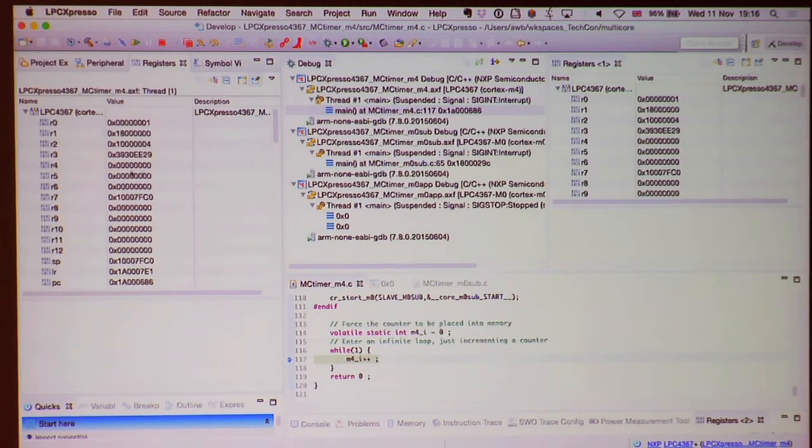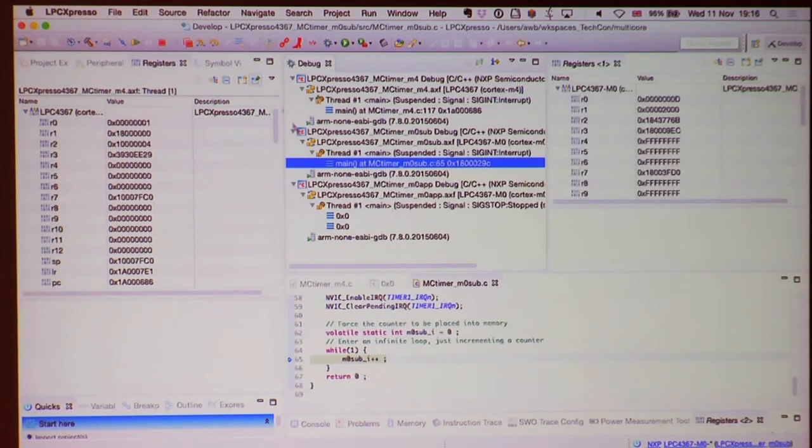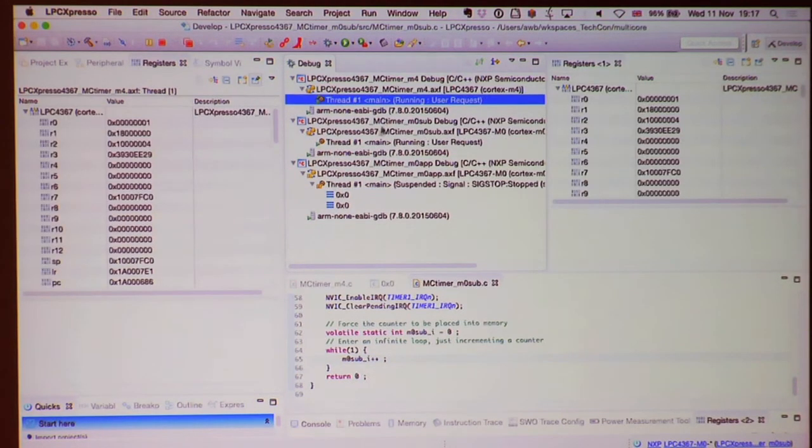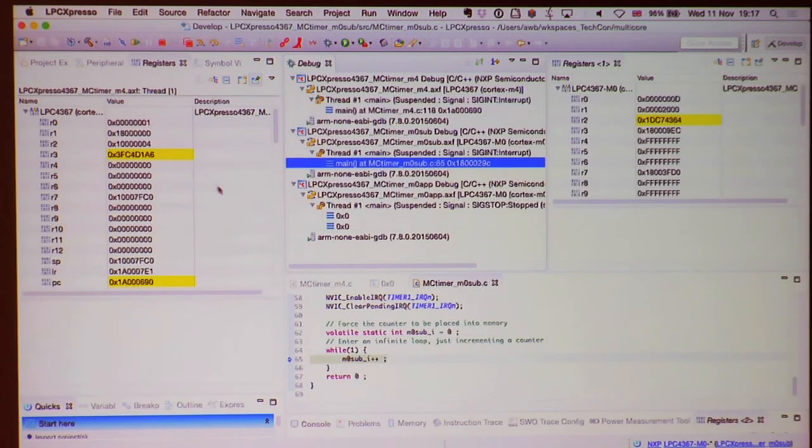Right, pinned. Select the other one and pin that to the M0. Okay, so we've basically now got both registers updating at the same time. So again, if I run it for a minute and pause it again, we've got the synchronization so that both banks of registers are actually being displayed, so one